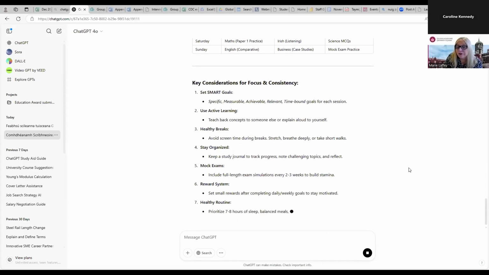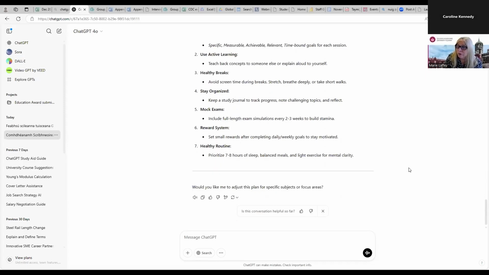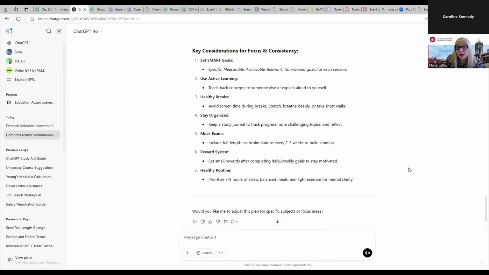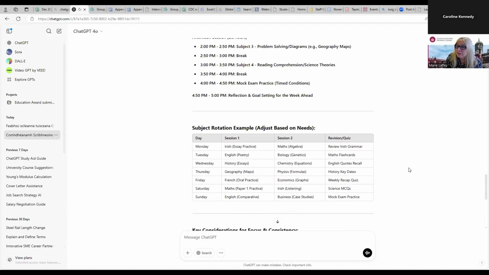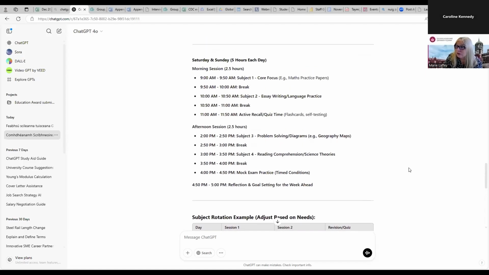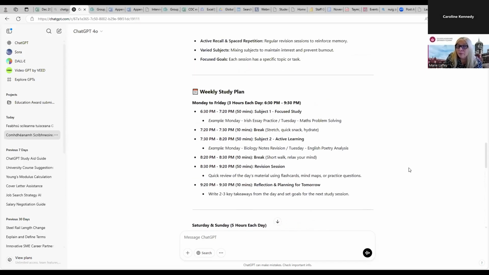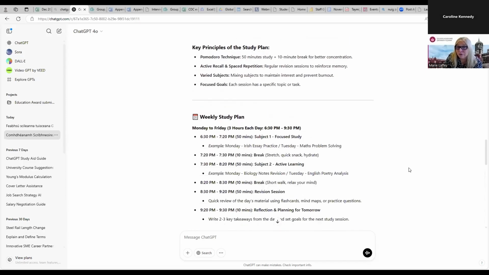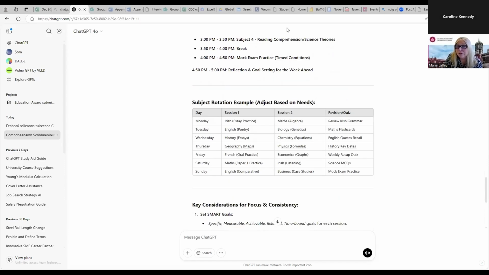And we also said we want to have time for respite as well. So a healthy routine in terms of your sleep and how you reward yourself for that study. So as you can see there, how long does it take you to do a study plan? I know my own children would say, oh, I'm going to spend the whole afternoon putting my plan together. And here's a plan that was done in less than 30 seconds. And you can be as specific as you want. So I'm going to stop sharing again, and we'll just go back into the presentation.